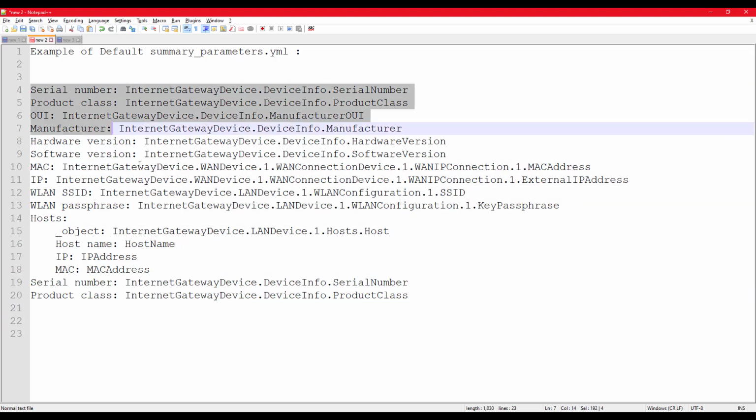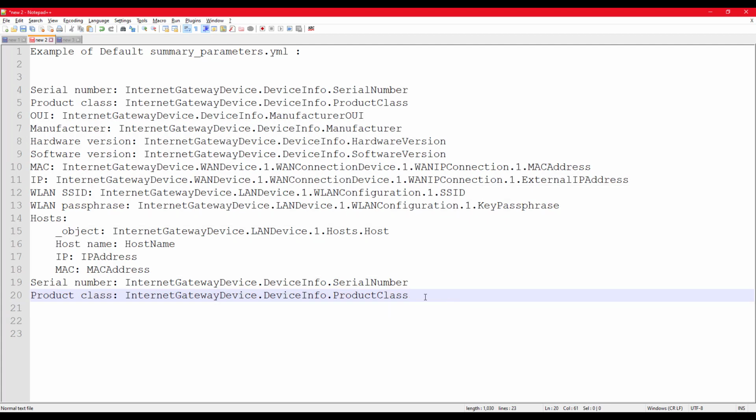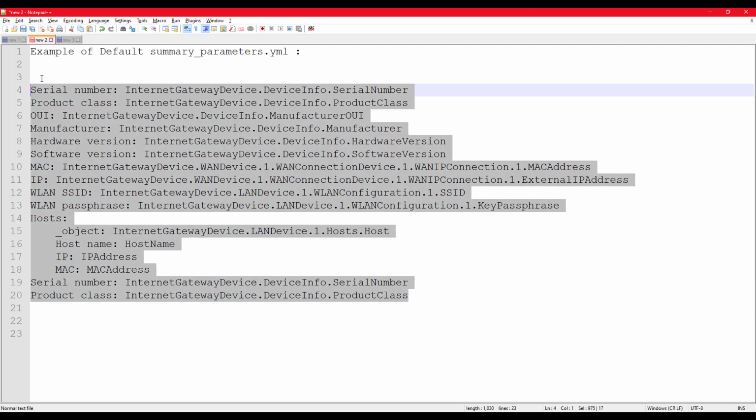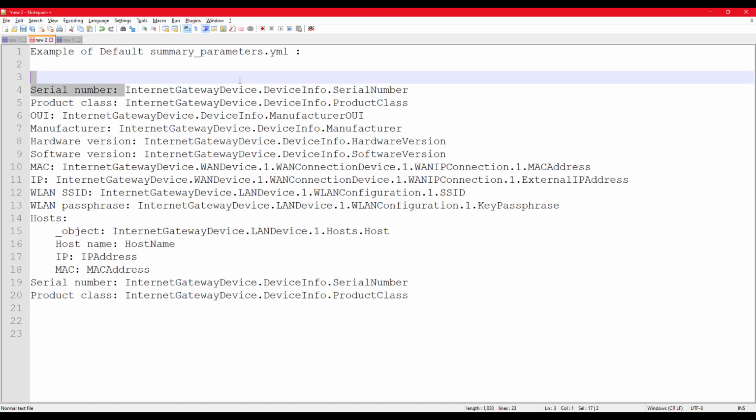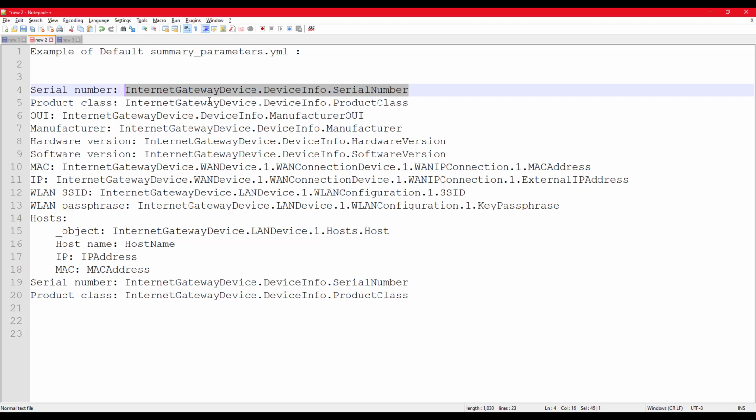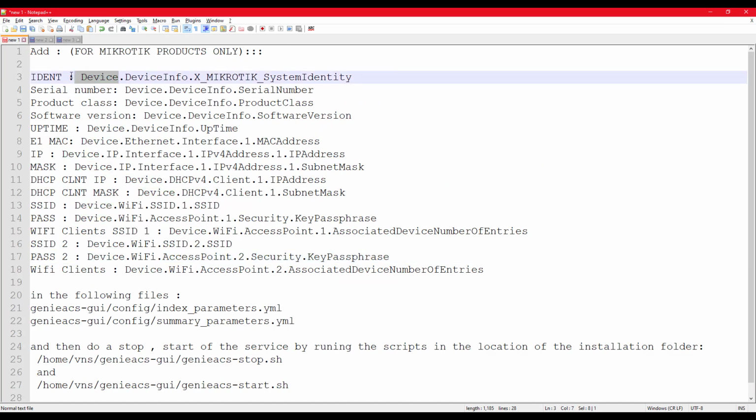It is very much different from the ACS default parameters or the default configuration. So we are just going to replace them with the Mikrotik specifics, and we are going to replace them in 2 files. Now this one is the InternetGatewayDevice, which is requested from the server to the Mikrotik, but